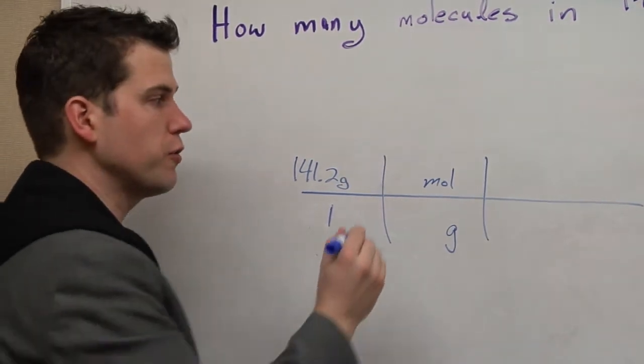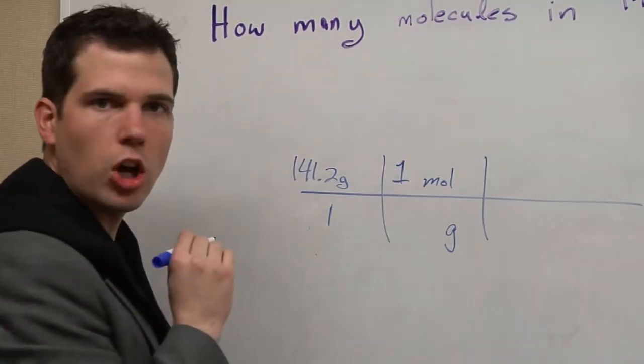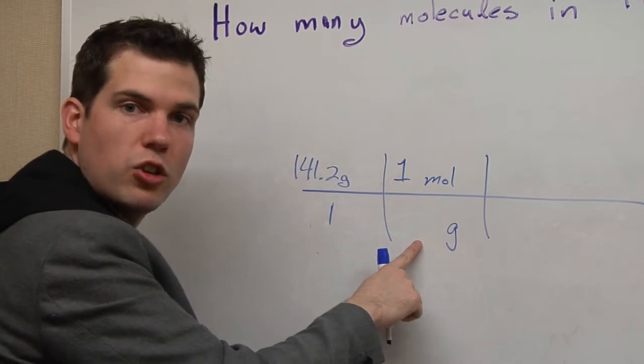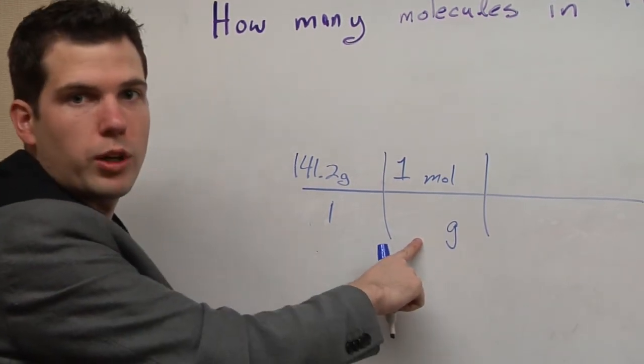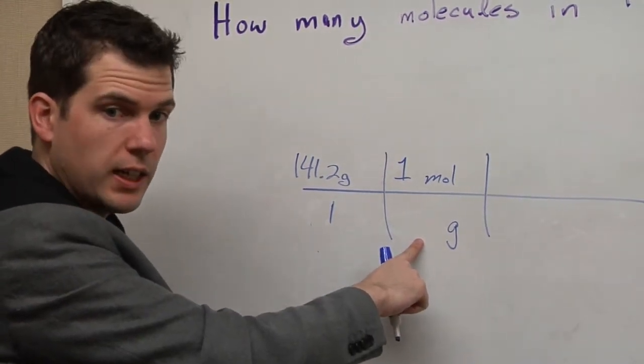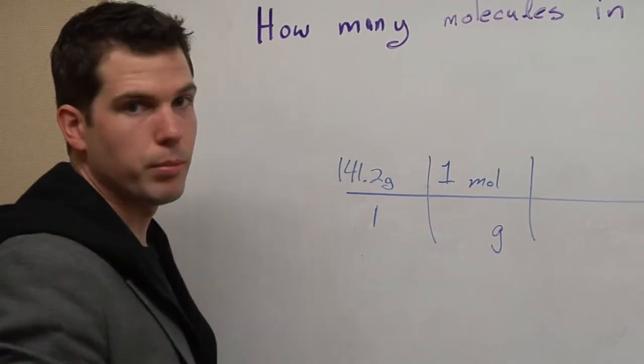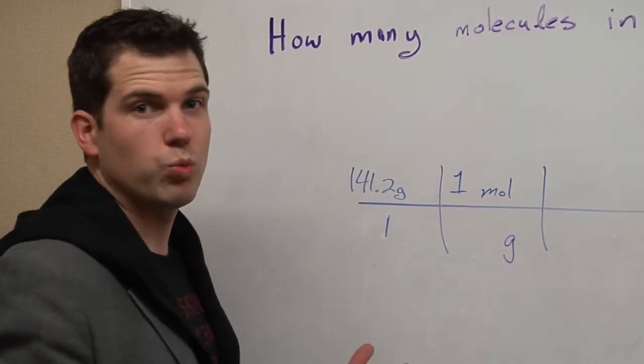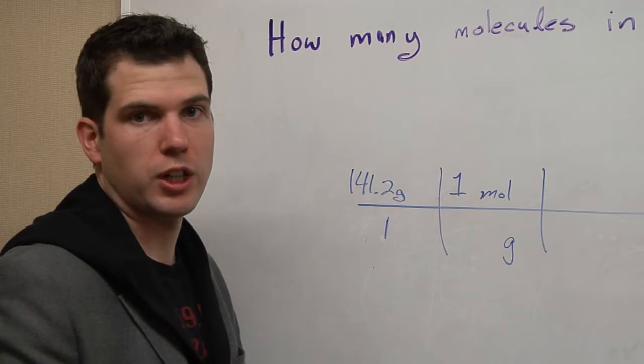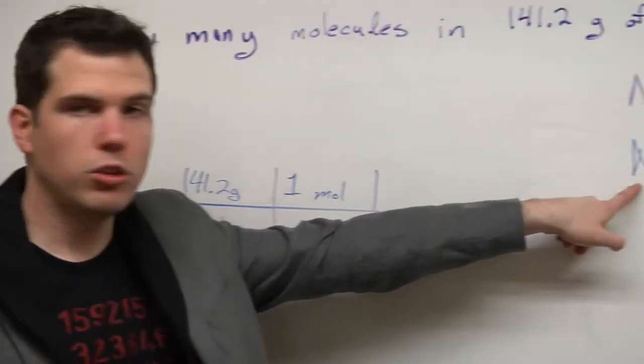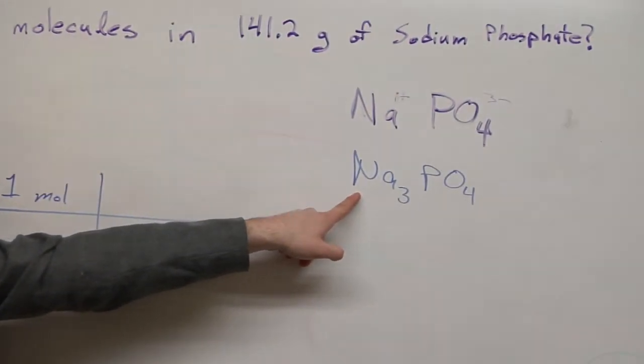The number in front of moles is always 1. The number in front of grams is not 141.2. Instead, it's going to be the molar mass. So now we need to figure out how much sodium phosphate weighs. If you look on your periodic table, you'll notice sodium